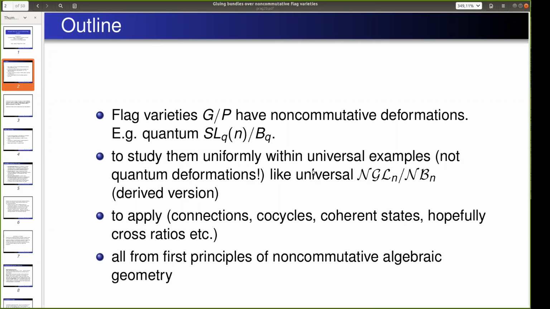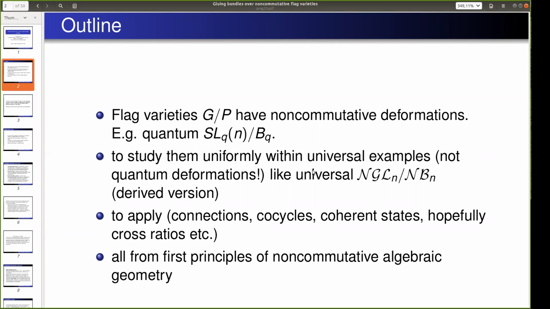And now we would like to have some sort of universal example, because all of these are, in Faddeev-Reshetikhin-Takhtajan approach to quantum groups, and also in the classical cases, all of them are some sort of matrix groups. So we would like to consider matrices with non-commutative entries as free as possible and make some sort of flag variety there. And then everything else would